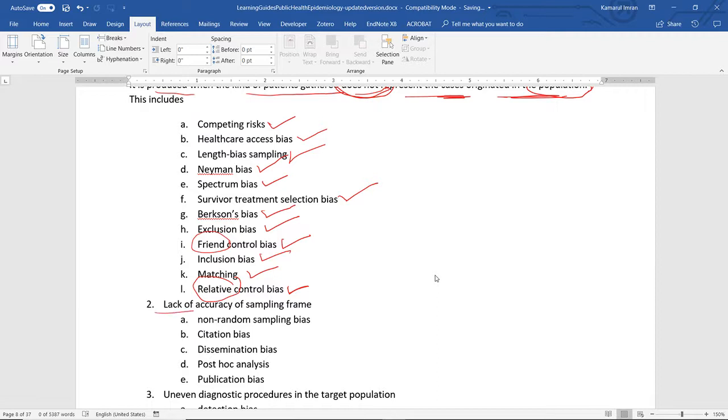Number two is lack of accuracy of sampling frame. For example, in